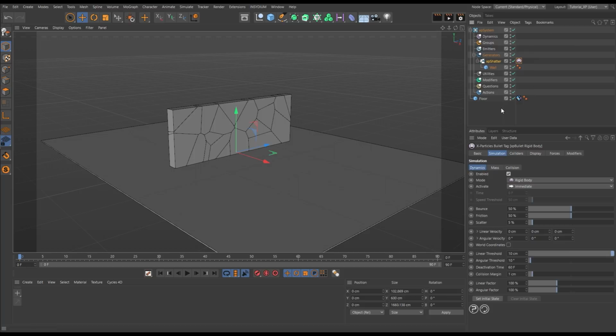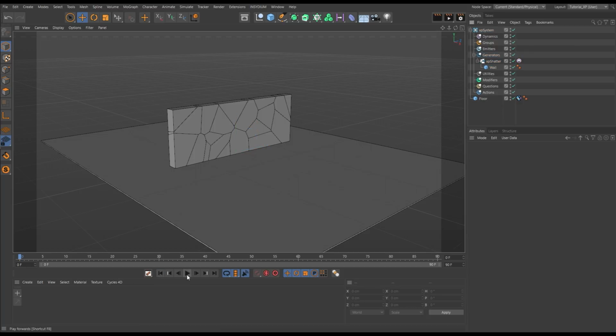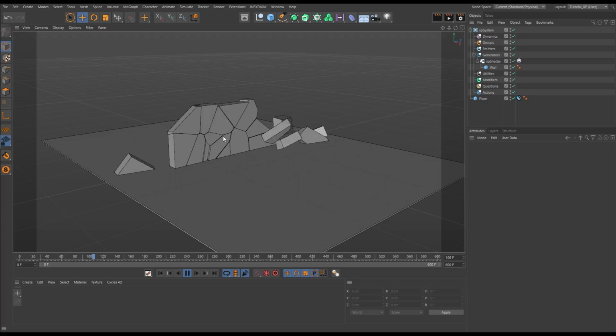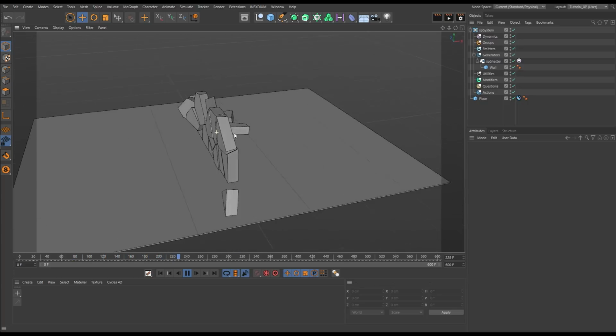Click on that. Now when we hit play, gravity is taking hold and all of those individual shards are behaving independently and falling to the ground. Let's just give ourselves some more frames in our timeline. And we can see this develop, and there they go. They're all falling down. Some of them are kind of keeping each other up, but we can see that